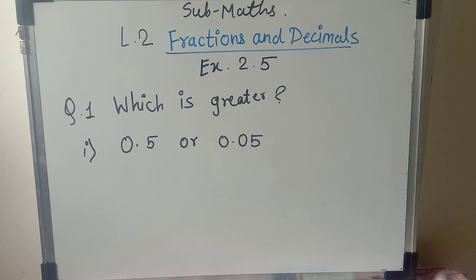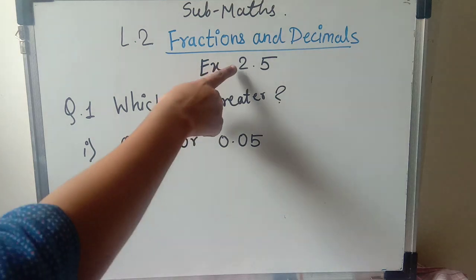Students, last session we started the second part of the lesson, that is decimals. In that we saw what a decimal is, what the place value system of decimals is, how to read decimal numbers, and after that how to compare decimal numbers. Is it the same as how we compare other normal numbers like whole numbers? Yes, the same process we have to follow here. So today, on the basis of that, we are going to solve exercise 2.5.